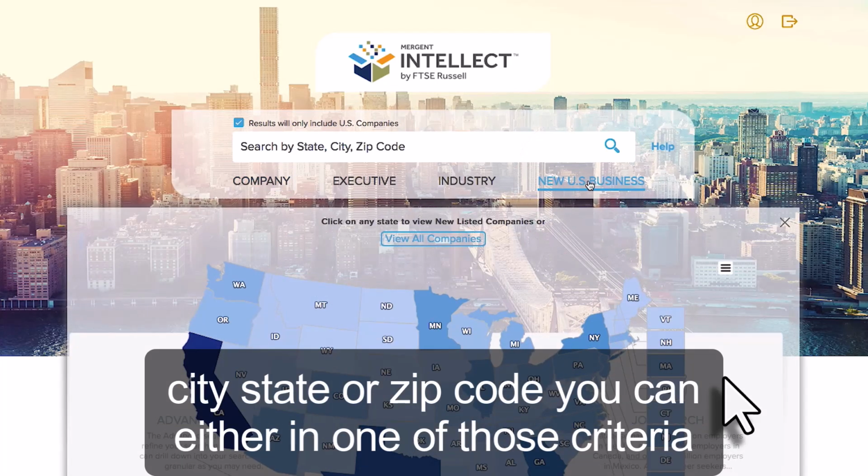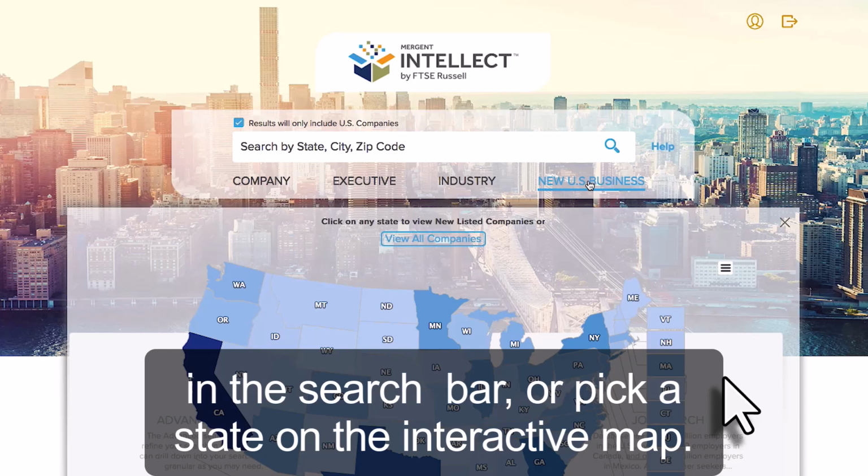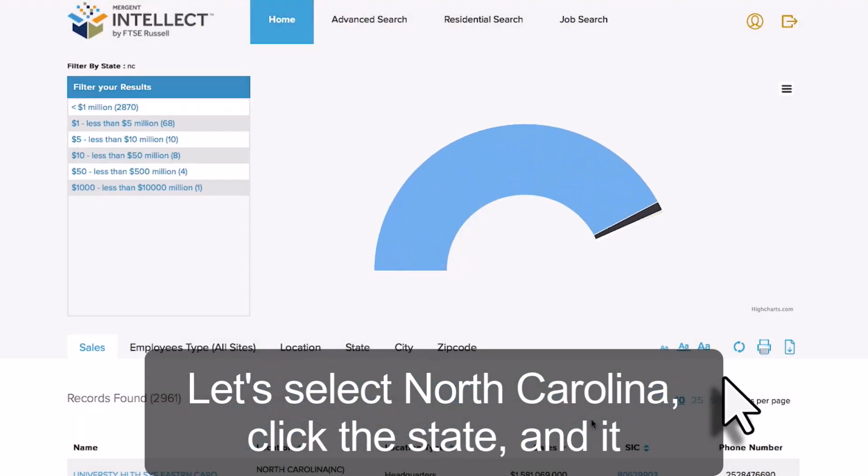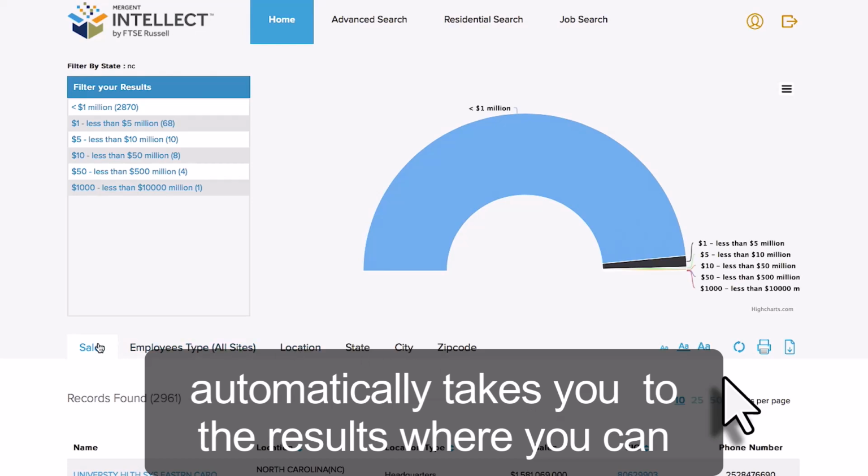The Quick Search feature also offers users a simple and fast way to find any new U.S. businesses within a city, state, or zip code. You can either enter one of those criteria in the search bar or pick a state on the interactive map. Let's select North Carolina. Click the state and it automatically takes you to the results, where you can further filter